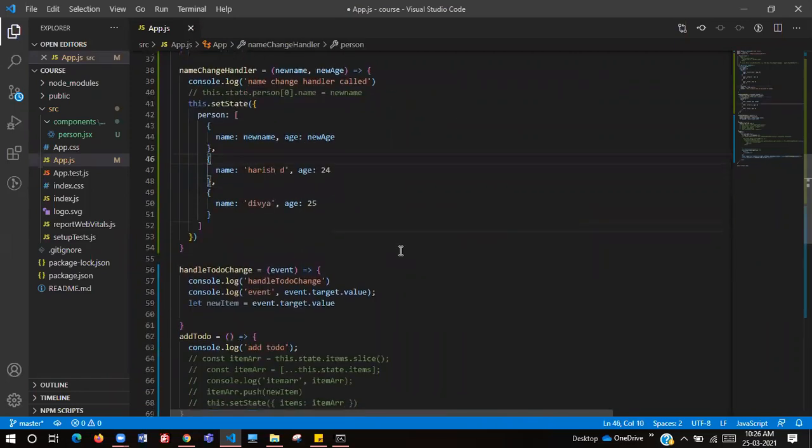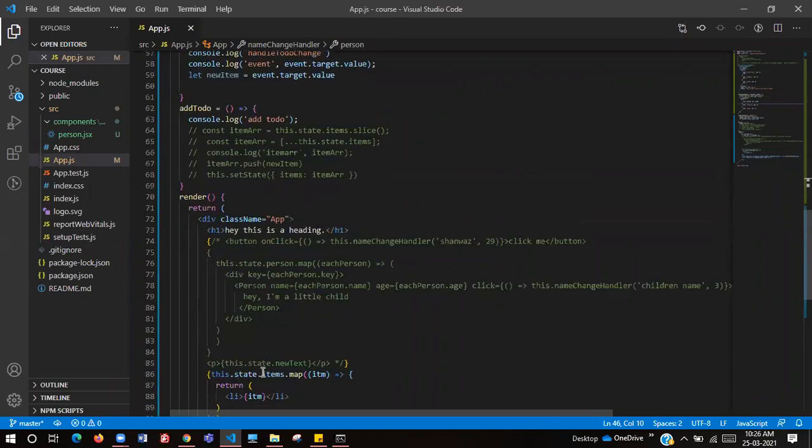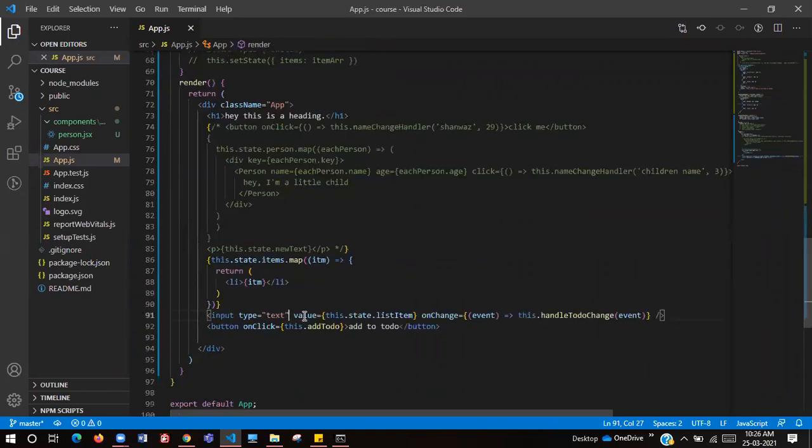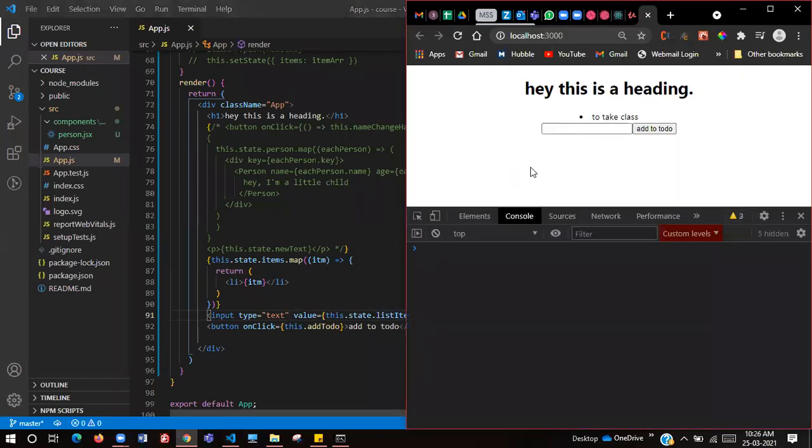Okay, so what is input value? Value is nothing but what we need to store. We are typing inside the input tag, and we need to store that input value in some variable. Only then would you be able to add to do, right?